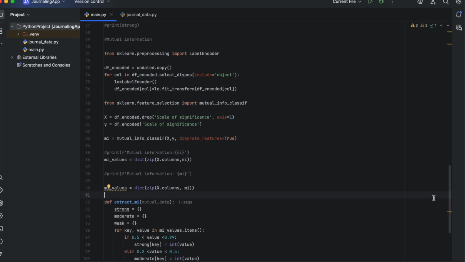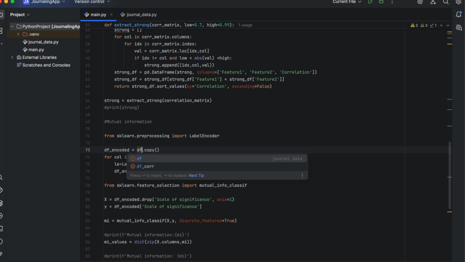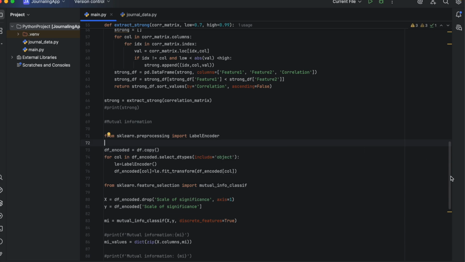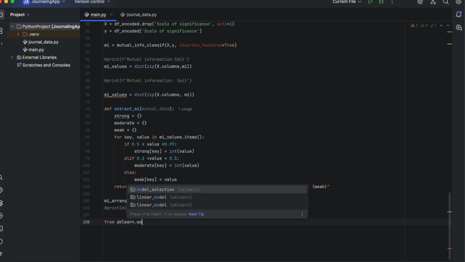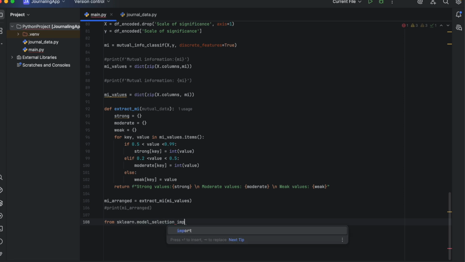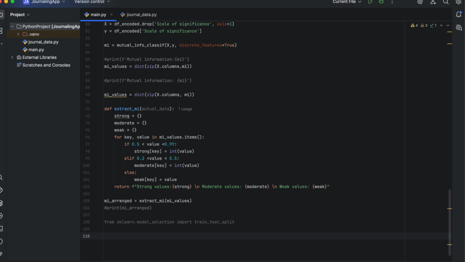In our previous video, we have been working with the undated dataset which we created by dropping the date of reflection column in order to explore the correlation and mutual information. We shall therefore return to our initial dataset, DF. We can now separate the train test data. Past entries train the model. Future entries test it. To honor time, let's make a pact. All reflections you write in the next 2 weeks belong to the test set.